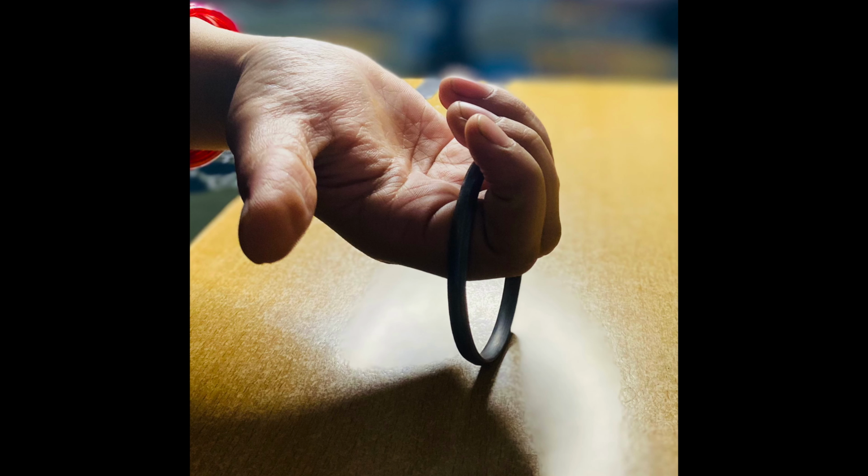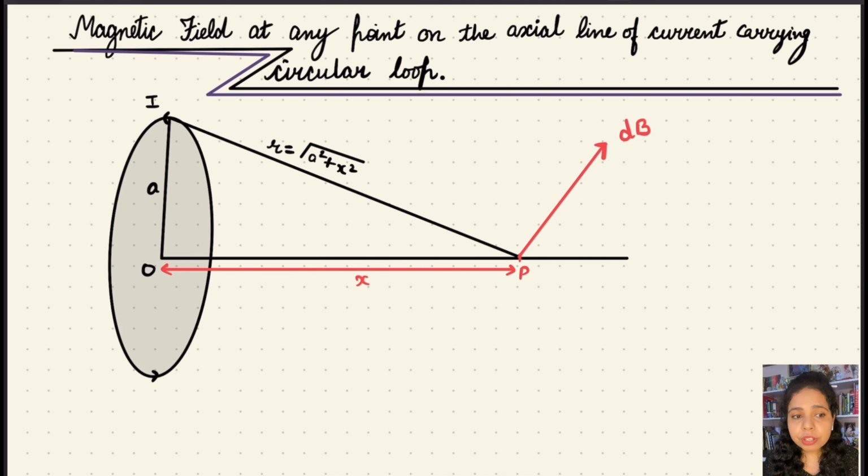Now this is the direction of magnetic field dB. It is acting along the tangent, that is, perpendicular to the line joining the current element and the point of observation, so it is making a 90-degree angle. Let us say alpha is the angle subtended by the current element at point P. Now we will draw a perpendicular axis such that we can calculate the angle which dB is making. Now this angle is 90 degrees and this remaining angle is alpha, so the remaining angle is taken as 90 minus alpha. So this is the 90 minus alpha angle.